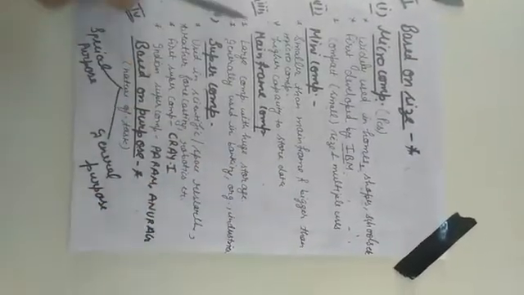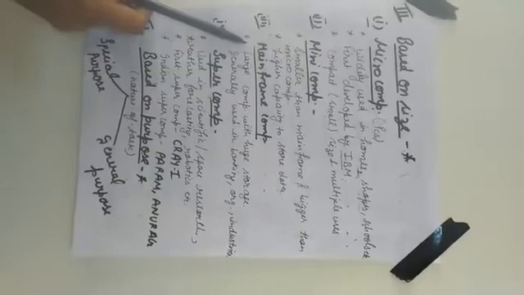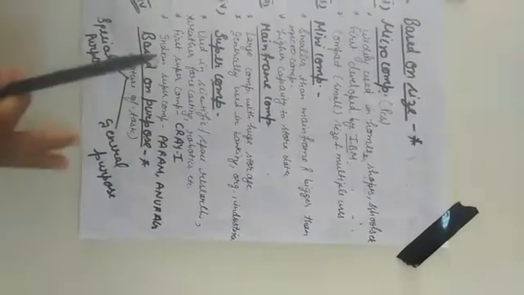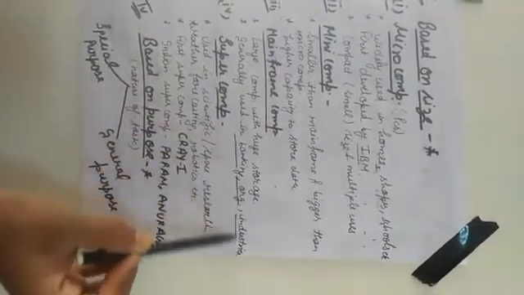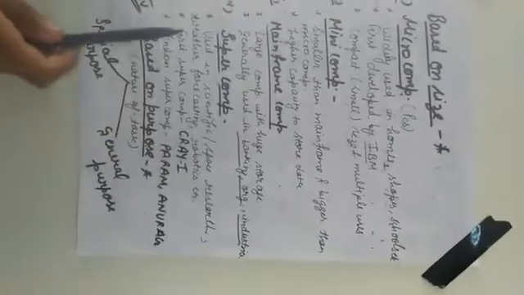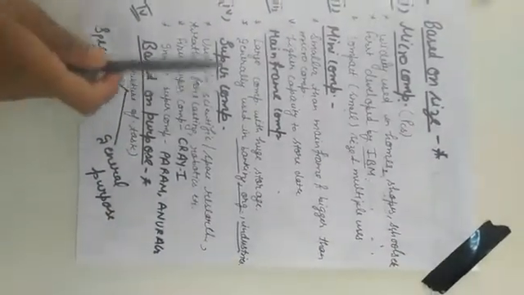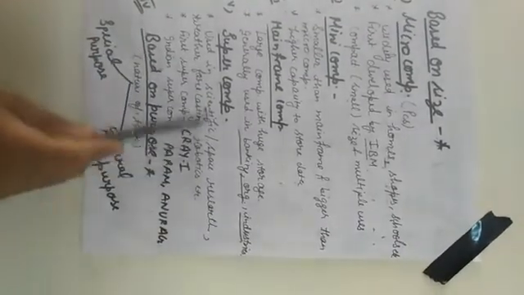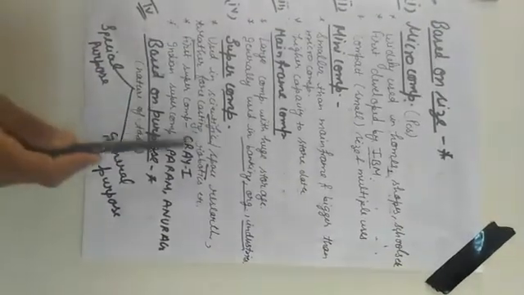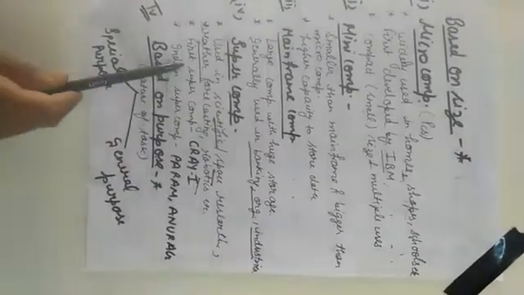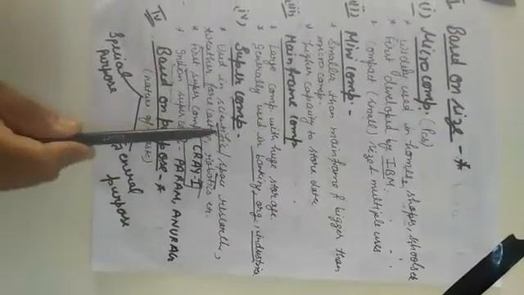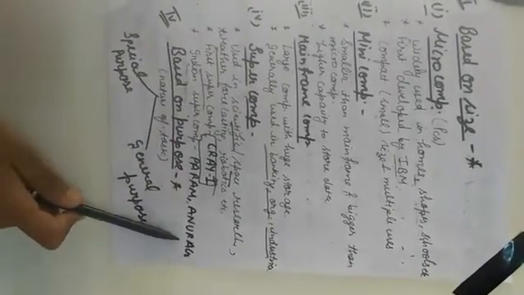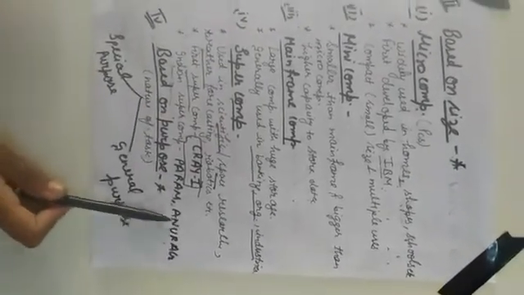Now come to the third one, mainframe computers. Mainframe computers are very large in size and have huge storage capacities. These computers are generally used in banking, organizations and industries. Now come to the last one, supercomputers. The most powerful computers are supercomputers. They are used in scientific and space research, weather forecasting and robotics. The first supercomputer was Cray-1. But India's first supercomputers were Param and Anurag. Remember the names, they are important and can be asked in the exams.